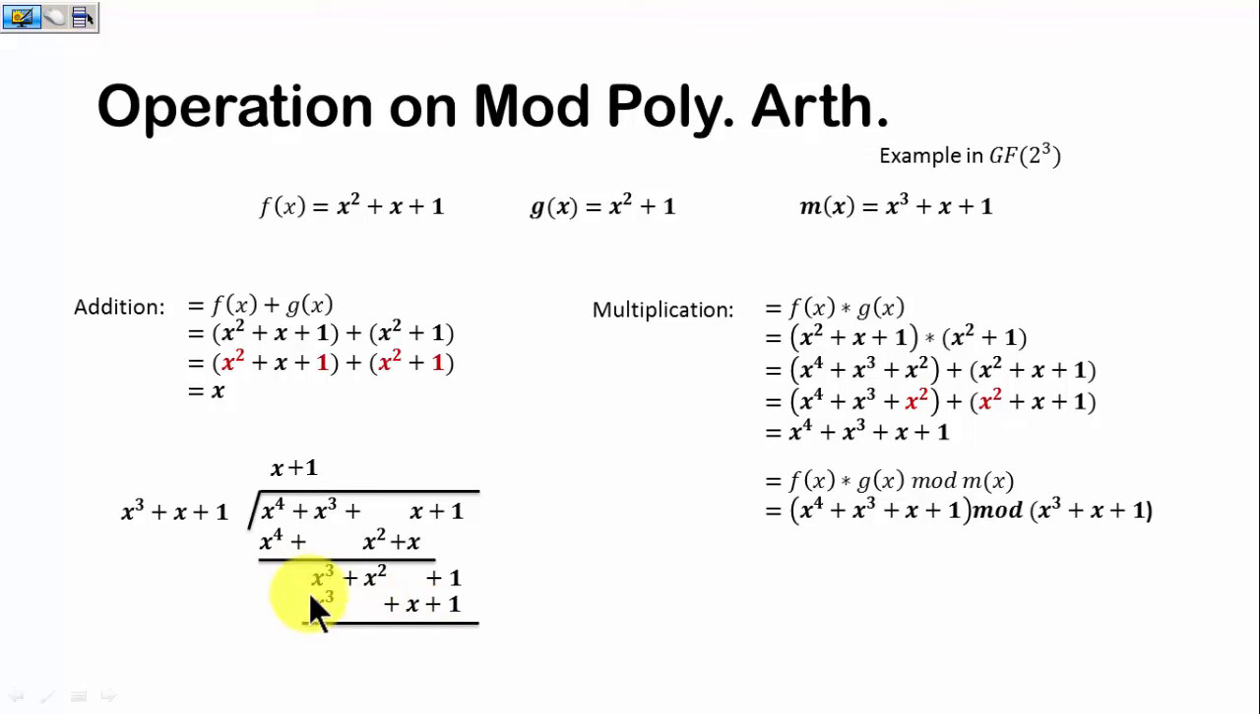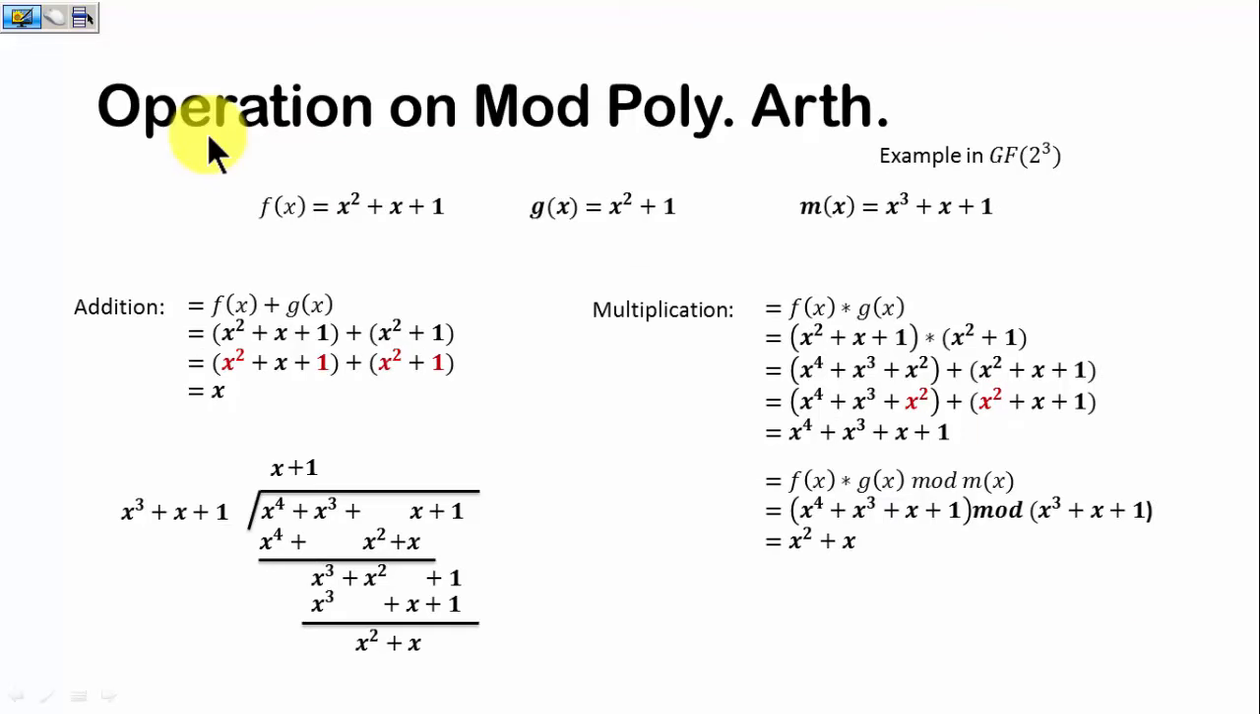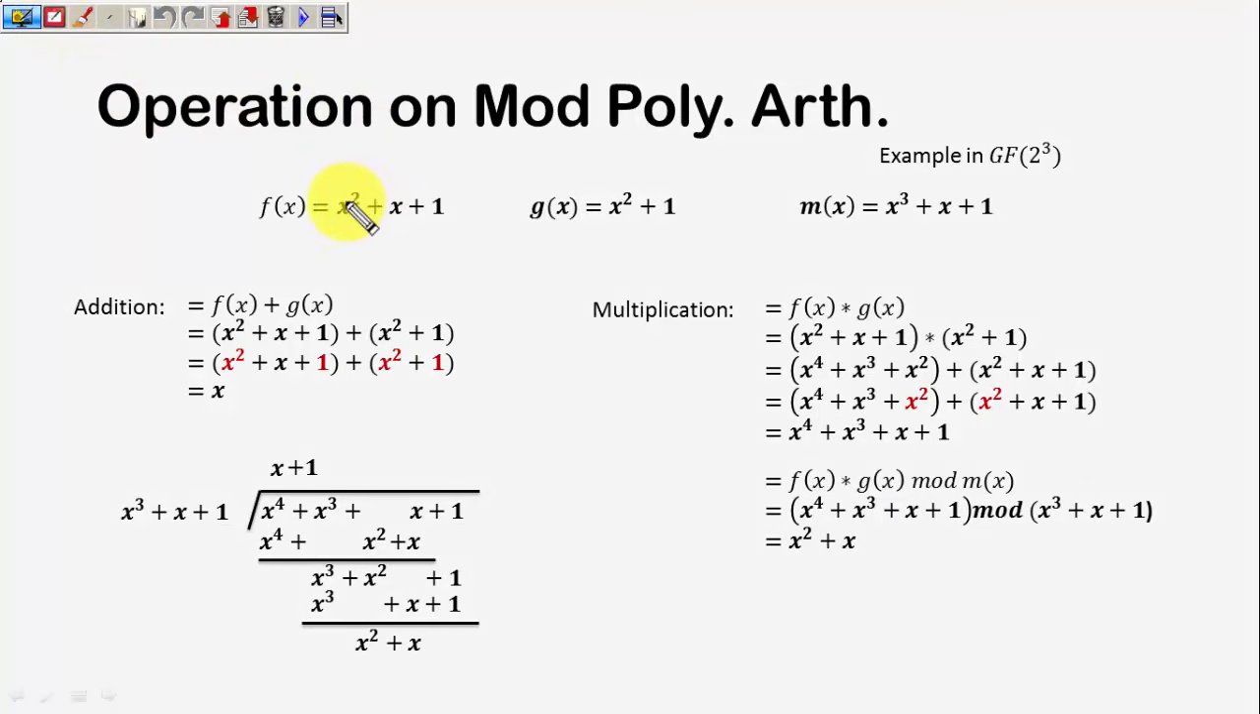X cube and x cube evaluates to 0. So we get x square plus x, and then 1 plus 1, or 1 XOR 1, evaluates to 0. Therefore, the result is going to be x square plus x, right? Just verify the result, and for verification, let me write it down: this is x square plus x plus 1, so it represents 1, 1 and 1,